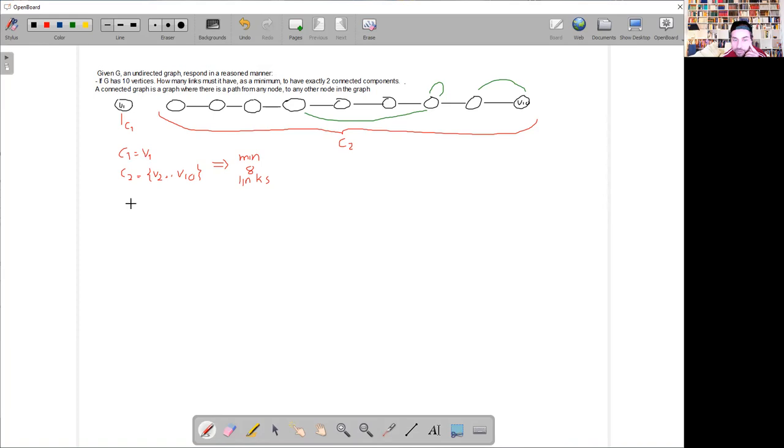What if we say, okay, but instead of only one vertex, I want to have a connected component with 2 vertices here, right? Well, if I have something like this, it means that in this case, neither